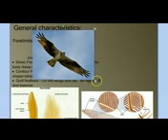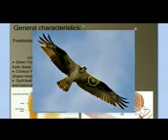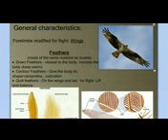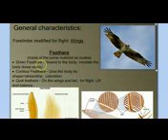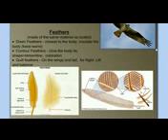If I make this bigger, we can see the contour feathers are the ones along the head and the body that give the bird its streamlined shape and lots of coloration. And then the quill feathers, the ones that are involved in the wings and the tail, are directly involved in flight. Now, we said that the down feathers can help keep the bird warm, which lets us ask the